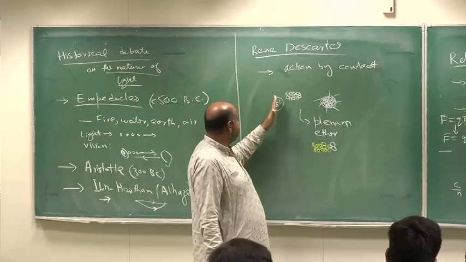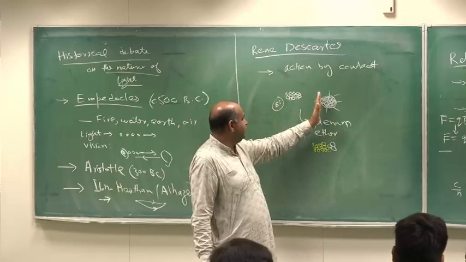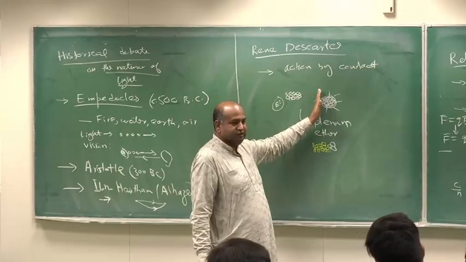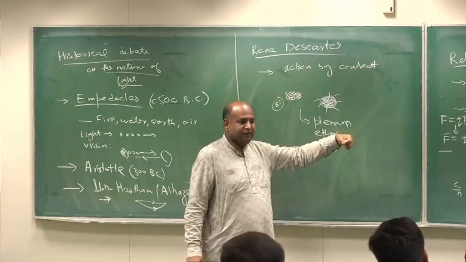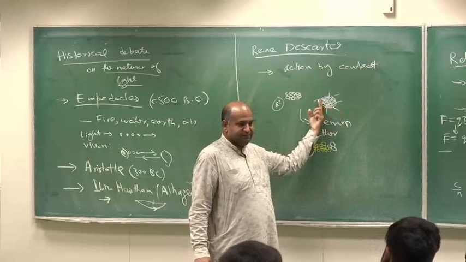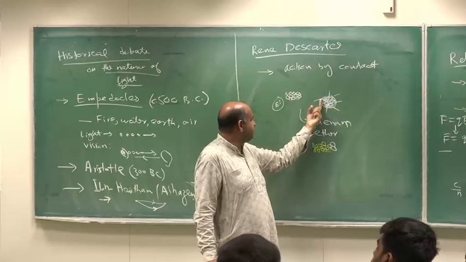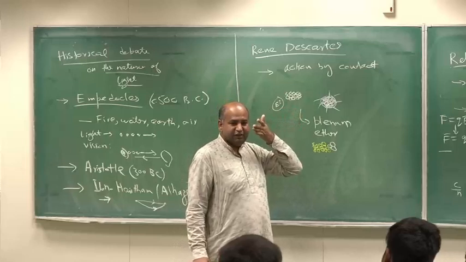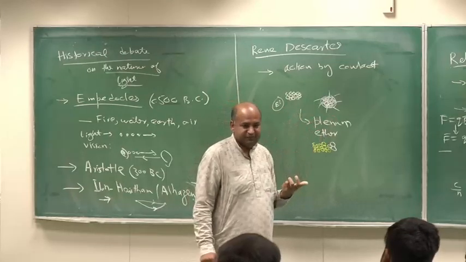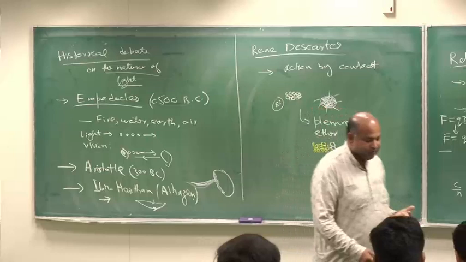So the pressure is transmitted, and since it's pressure, he postulated that it's transmitted at infinite speed. Since there's no physical thing that is moving, the speed can be infinite. So the light has infinite speed, and similarly that pressure, when we feel it in the eyes, we sense something. So that was his idea of